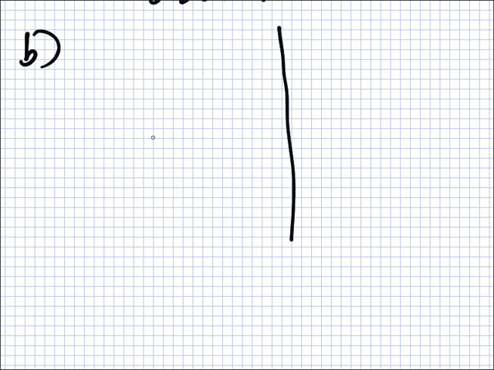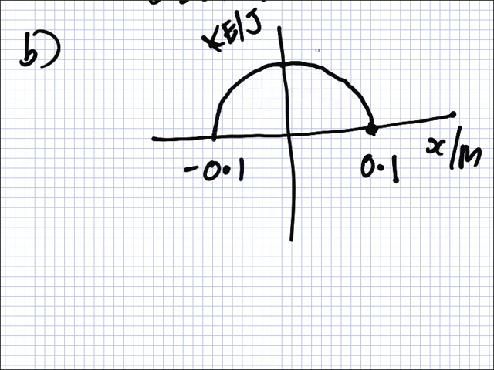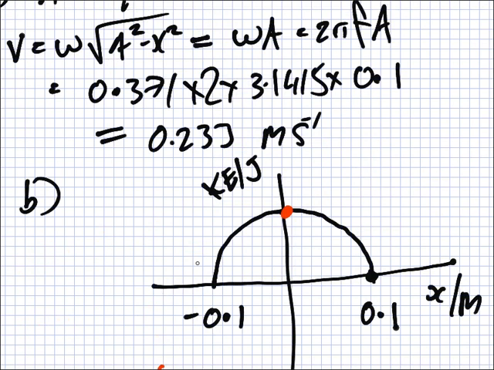So, displacement is x in meters, and the y-axis is kinetic energy in joules. At the beginning, x is 0.1, and it will have no kinetic energy, right? And then the kinetic energy will increase, reaching a maximum here, and then it will decrease back here. And we need to mark in this value here. This is the maximum kinetic energy, which is a half m v squared, and we got the maximum v, which is